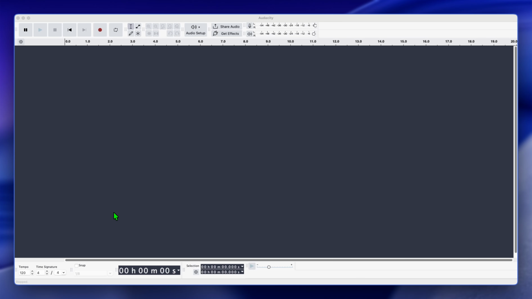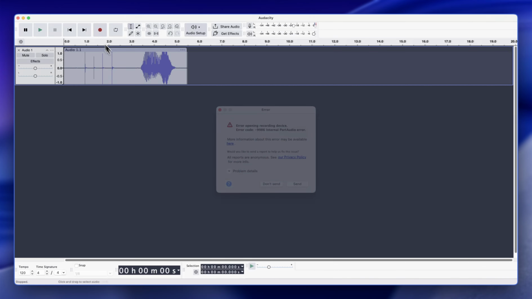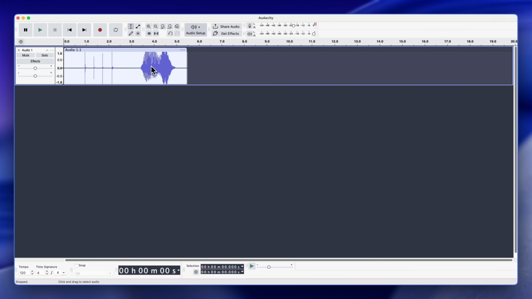So, to change the hertz of a project, after loading up your software, you'd likely need to open up the project that you need to change the hertz for also. So you're gonna go to file and you're gonna open the project. But I don't have any project, so I'm just gonna record a project. Now that I have this sample project that I want to change the hertz for,